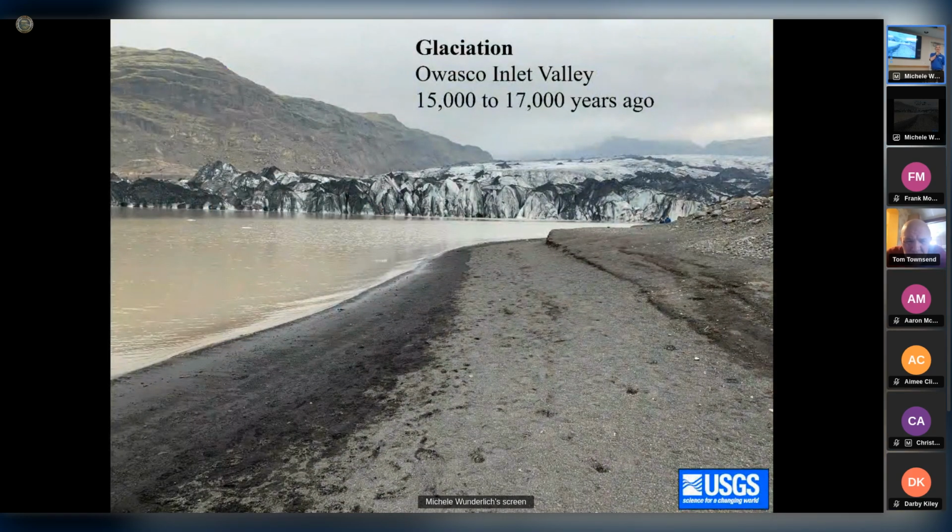So let's talk about the Owasco Inlet Valley. This is probably about what it looked like 15 to 17,000 years ago. The area has been glaciated. The retreat of the ice sheet was about during that time interval in the Owasco Inlet area. And what I'd like to point out here is